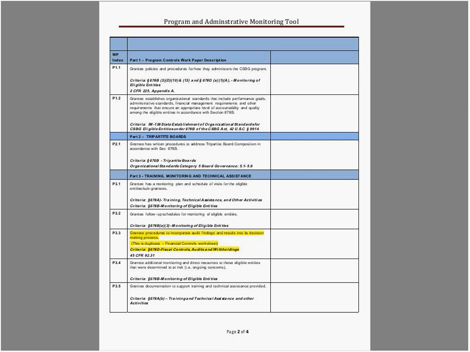Point 2, org standards that include performance goals, admin standards, financial management requirements, and other requirements that ensure an appropriate level of accountability among the eligible entities in accordance with Section 678B. You can see highlighted in bold italics what the criteria is and the rationale for the ask in that work paper. If we move this down a bit, Part 2, tripartite board.